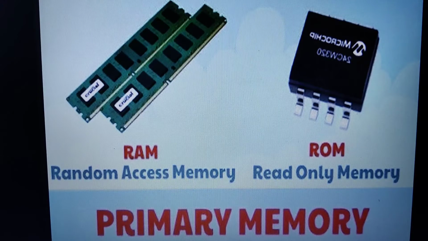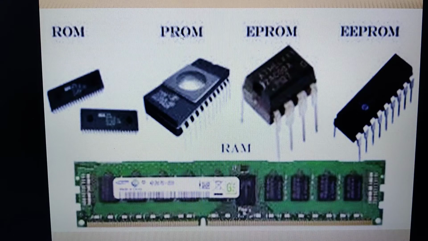Later we have seen the different classifications of ROM. We have discussed the PROM, that is programmable read-only memory, where the contents can be written only once, by using the PROM programmer or the PROM burner, and again it is a non-volatile memory. Whereas EPROM is an erasable programmable read-only memory where the contents can be rewritten. That means the information can be erased and rewritten by using ultraviolet light. Again this is also a non-volatile memory.